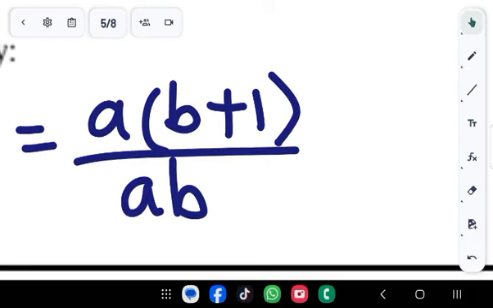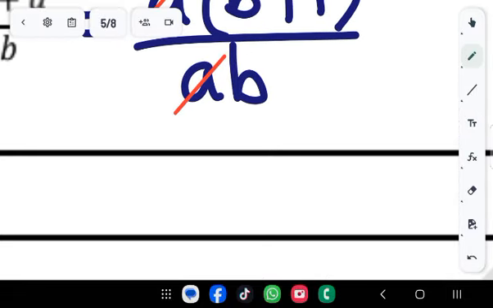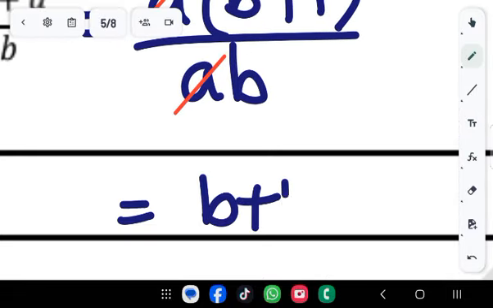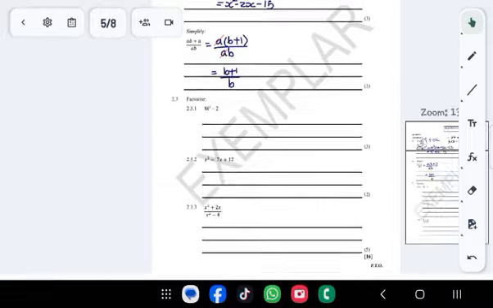Now notice that the A's cancel out. And that leaves us with what? B plus 1 at the top over B at the bottom. And that is your answer. Next question,